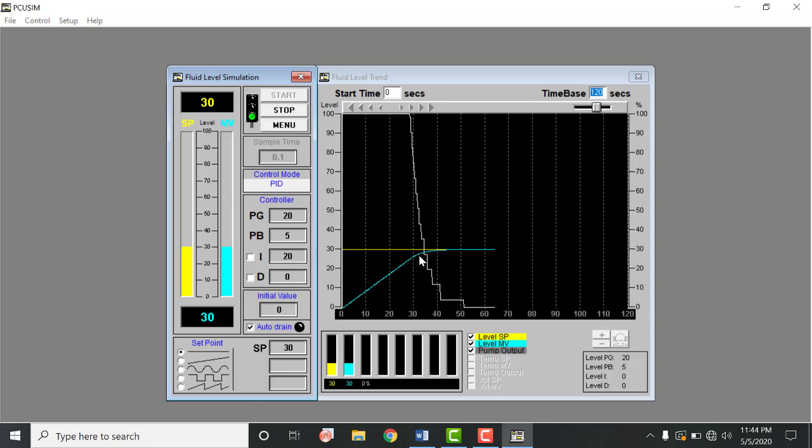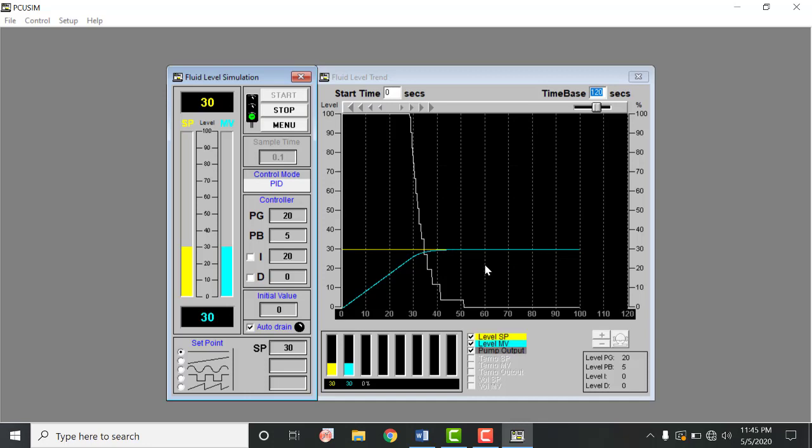So at the point of 5 it would start that iteration process, and this proportional process would start. At the difference of 5 it will start to lower the output of the pump, and on achieving our desired value of 30, it would completely switch off the pump. Now you can see that at this point our output value of the pump is completely zero. It means that our pump is completely off, and we have achieved our value.